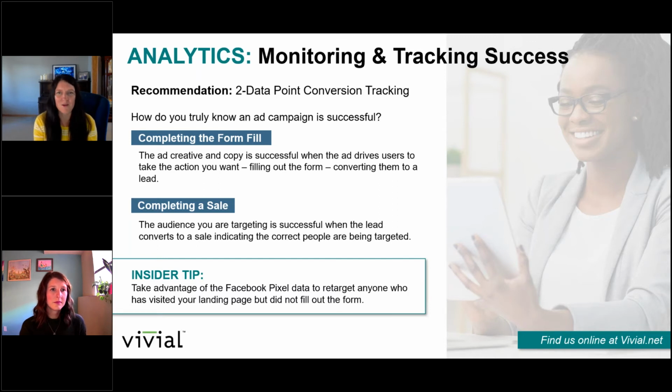out the form. And I love that one, Abby, because they may have gone there, they may have been multitasking or doing something else, and maybe they just need that quick reminder. So talk a little bit about what that retargeting aspect means. Yeah, so I would create an ad set, just like we had retirees and new parents. I would have visited the website or our landing page in this case as an ad set and create some copy with maybe a little bit stronger CTA.